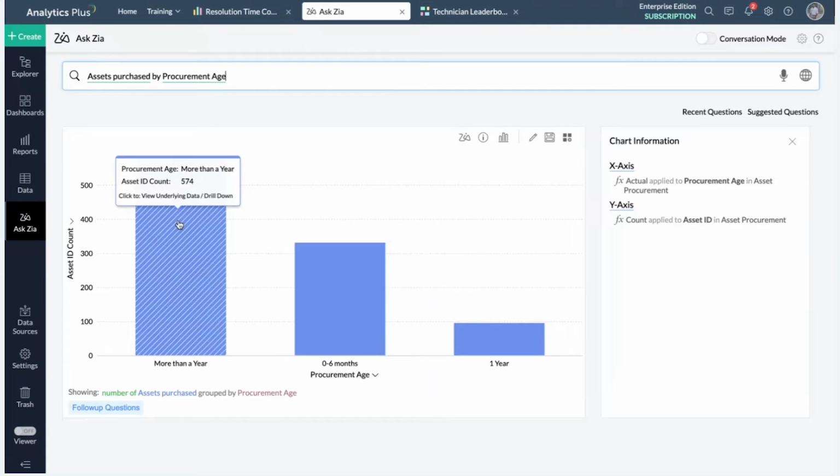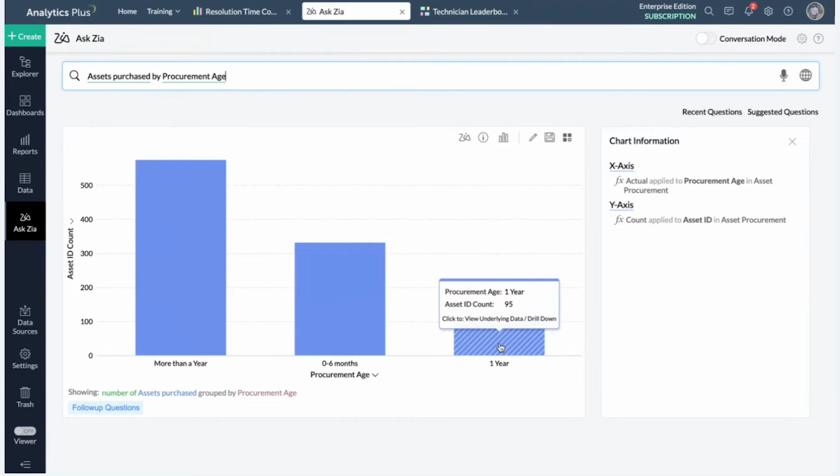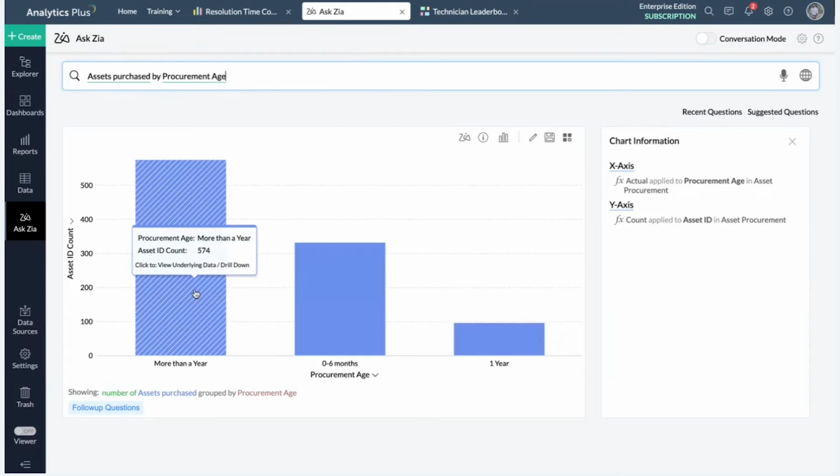So most of the assets I've procured have a longer waiting time, which is more than a year. Then comes 0 to 6 months, and we have around 100 assets for which the procurement time is like 1 year. So this is a clear indicator that I need to plan my asset purchase ahead of time, so that there are no gaps in replacing the assets,